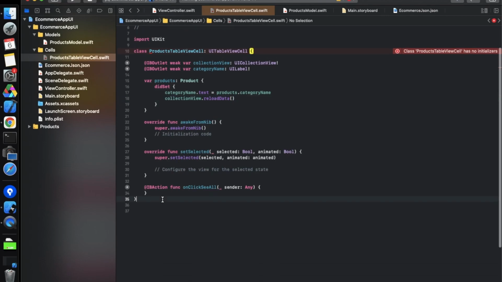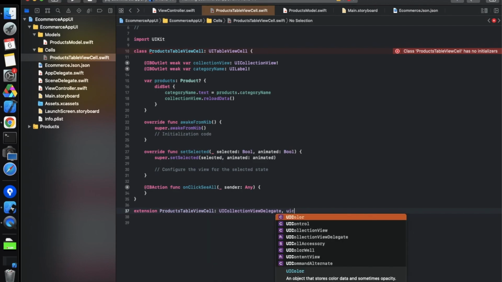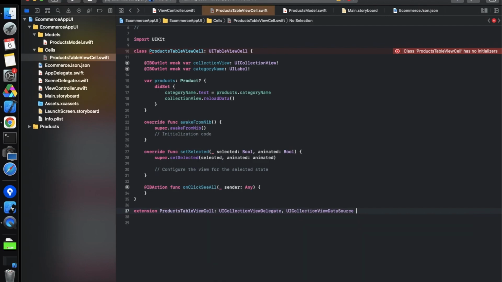Now we have to define the collection view data source and delegate methods. It is saying that it has no initializer, so we have to make this an optional. Now we have to put an extension over here, an extension of product table view cell. As I have already told you in the previous section, we use extensions for data source and delegate. So simply like this, UICollectionViewDataSource.